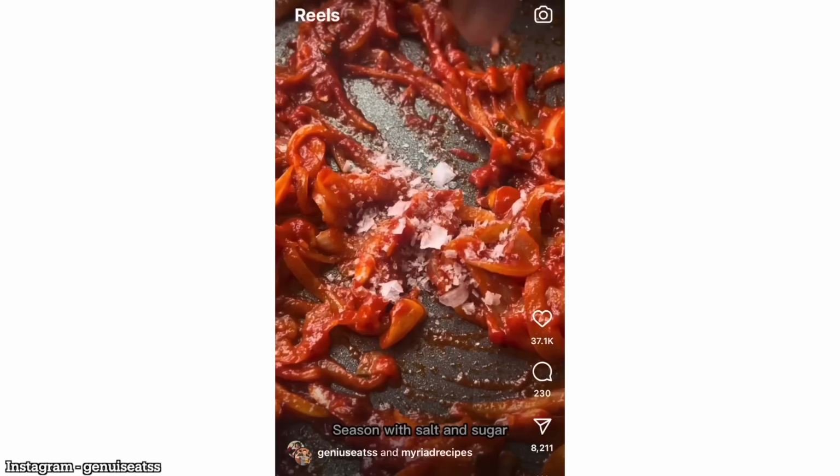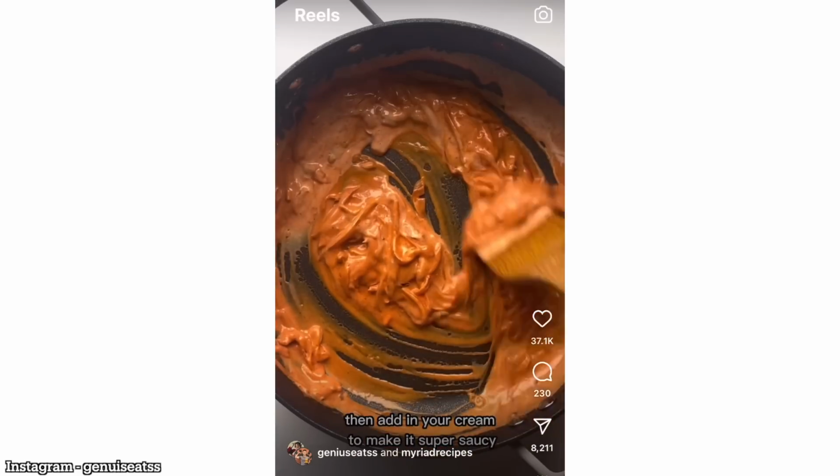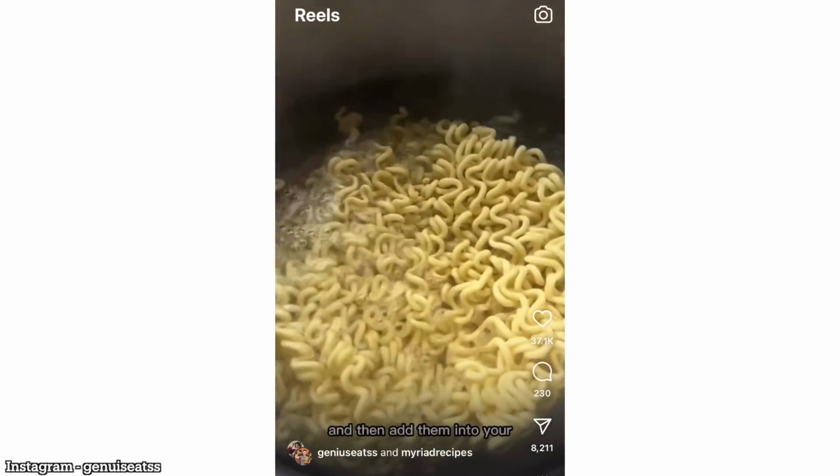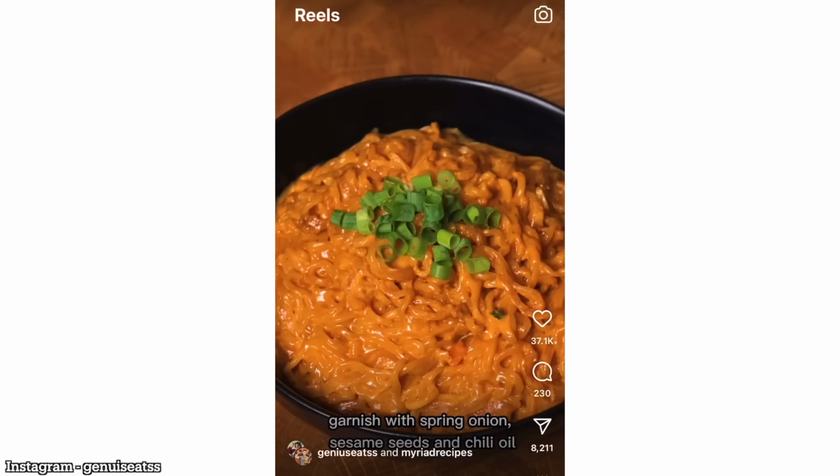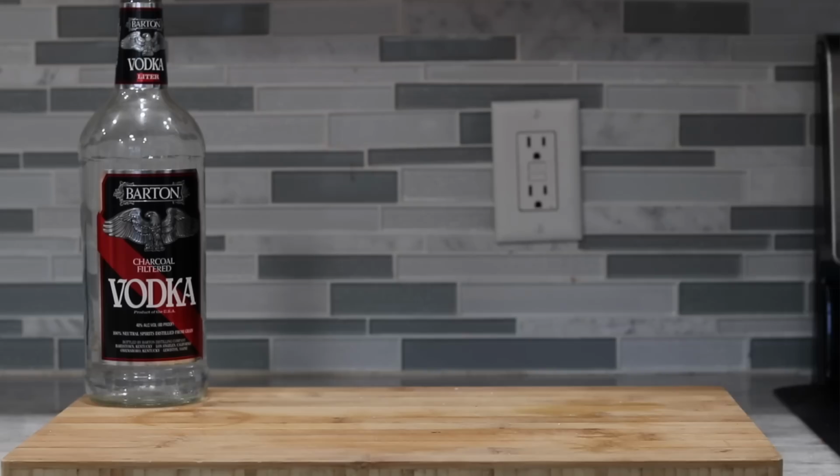Second on the to-do list is the ramen a la vodka from Genius Eats and Myriad Recipes. I could not open Instagram without seeing one of you send me this. It's been all over the place, so let's see if it is deserving of its attention. You will need some vodka and tomato paste,